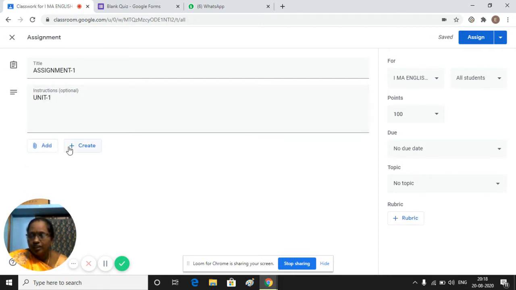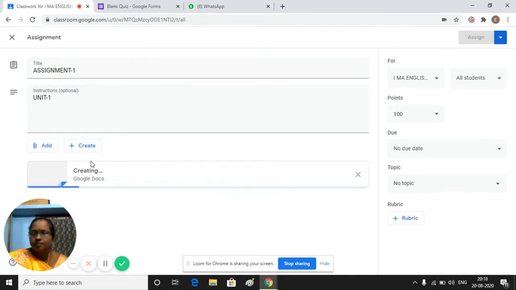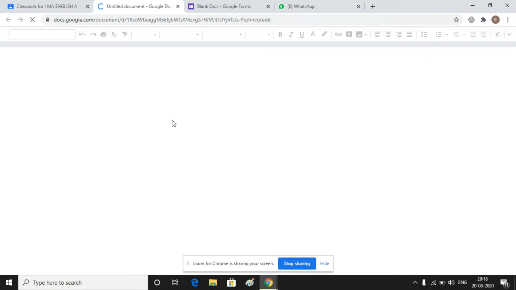Now if you want to create, you can create documents, slides, sheets, drawings, Google Forms, everything. So now I will create a document. So now it is creating the document. Now my document is opening. It will take time to open.